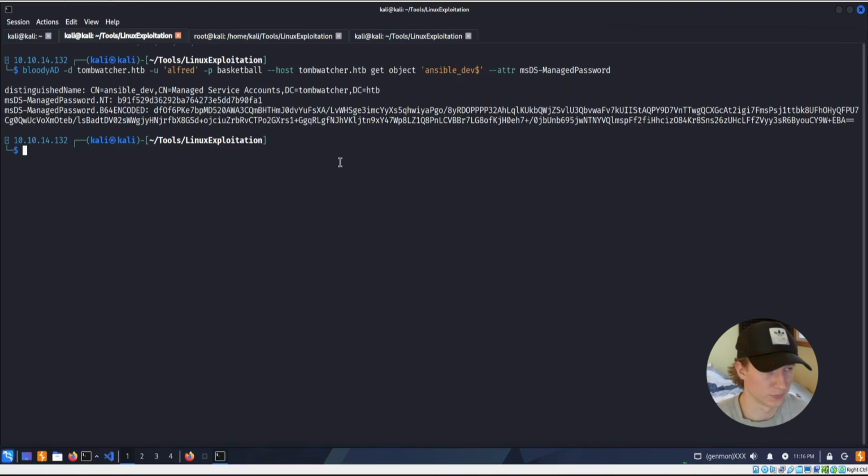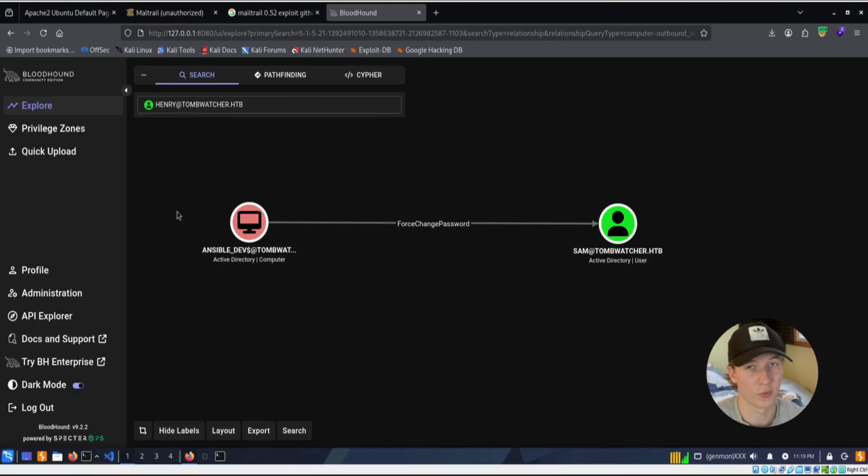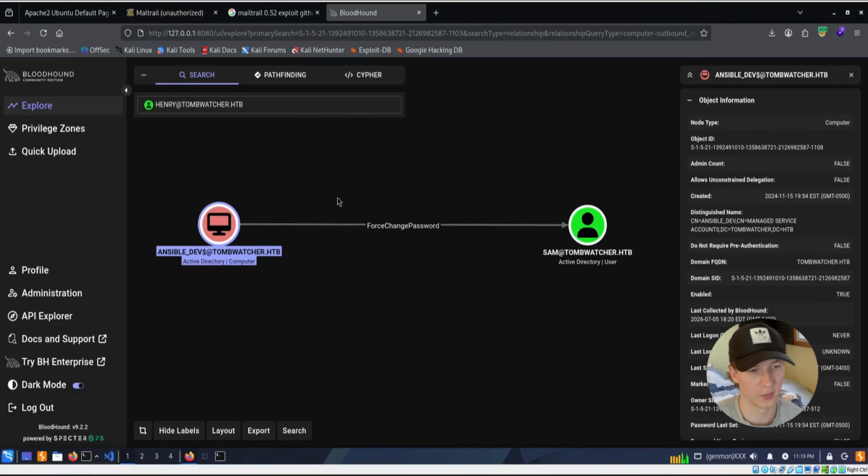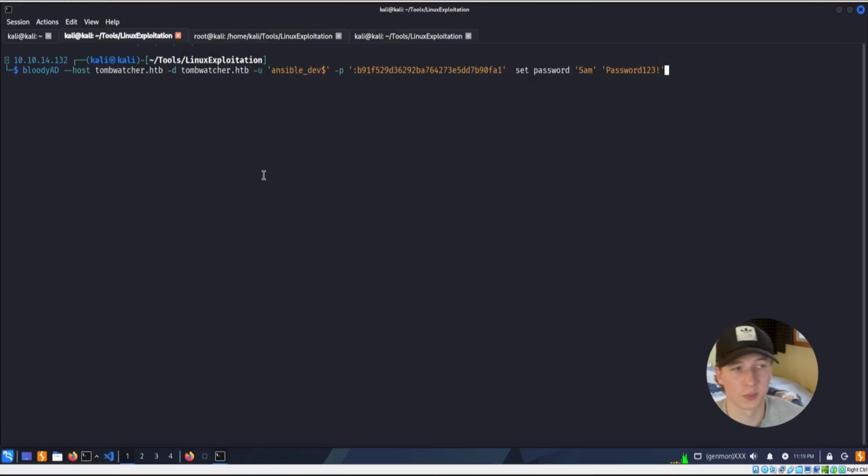which we could then use in pass the hash attacks. Now that we have access to ansible_dev with their NTLM hash, we can see what objects this user has control over, and in BloodHound we see that they have ForceChangePassword over the SAM user, so we can easily exploit that with bloodyAD once again by specifying the user ansible_dev and their password as